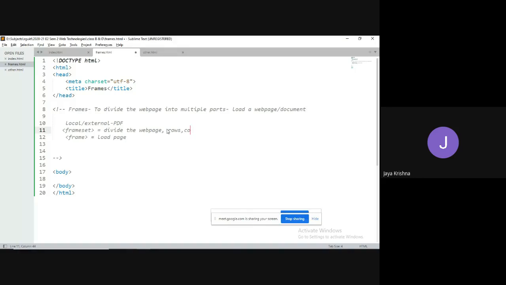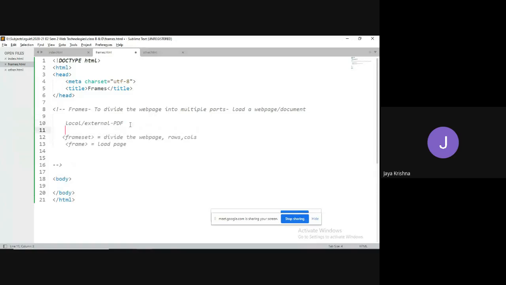If you would like to divide the web page into columns, then I can use the columns attribute. If I would like a combination of both rows and columns, then I have to use rows and columns at the required locations. Anyway, I will show.